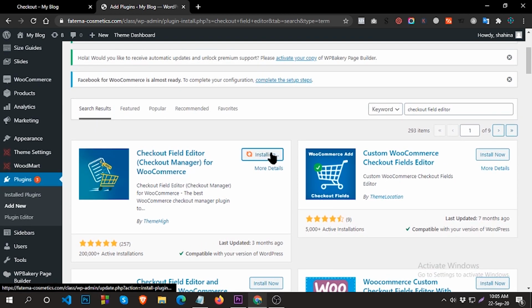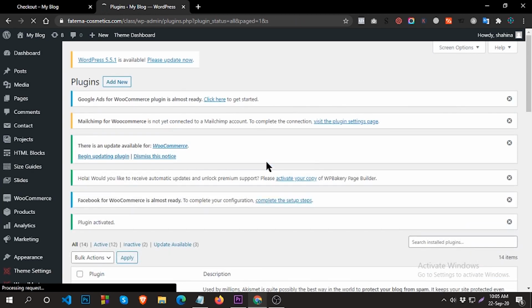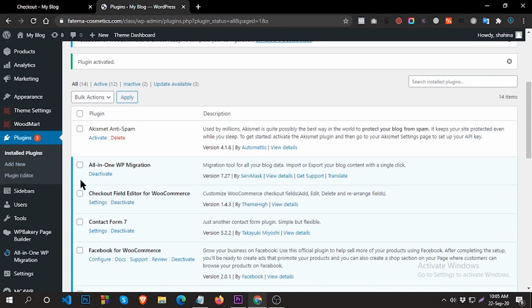So click on it, Install Now, then click on Activate. The plugin has been installed.